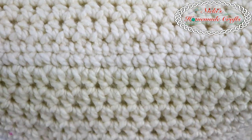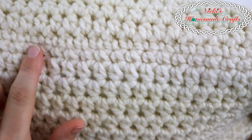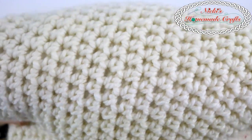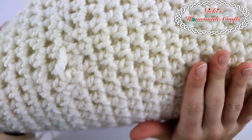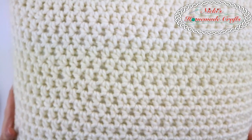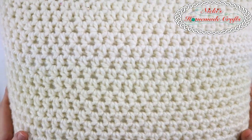And this is what the top looks like, but that was the bottom in the beginning, right? This is the part that we did right here. And this is already done. And then here's the side. Oh, I have some extra yarn hanging here. Here's the side. There is no sewing right here on any of the sides. All flat, no problems. So, and as you can tell, not once did I use a slip stitch, or not once did I sew,